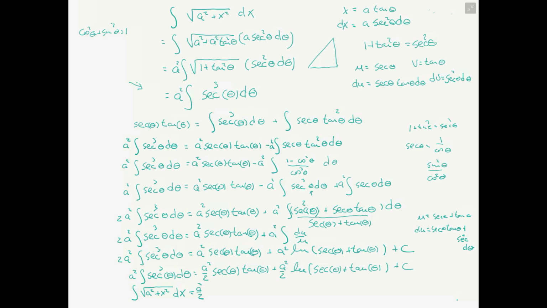So here we said that x on a was tangent theta, so that's a squared plus x squared. Secant theta is the square root of a squared plus x squared on a times tangent theta, which is x on a,